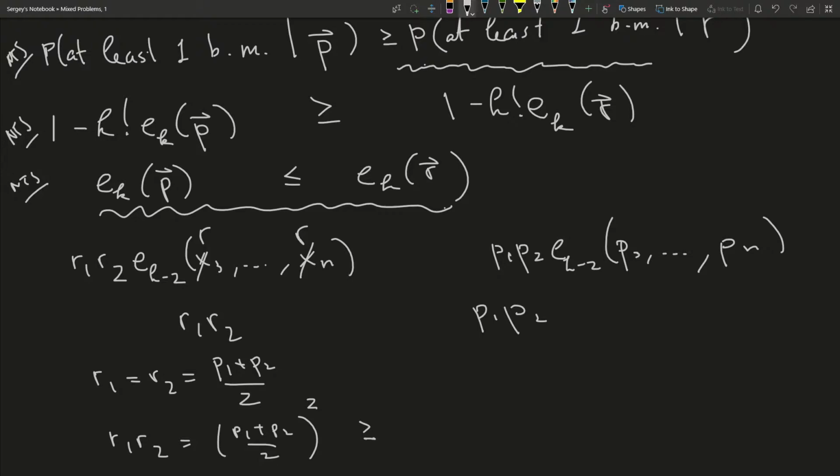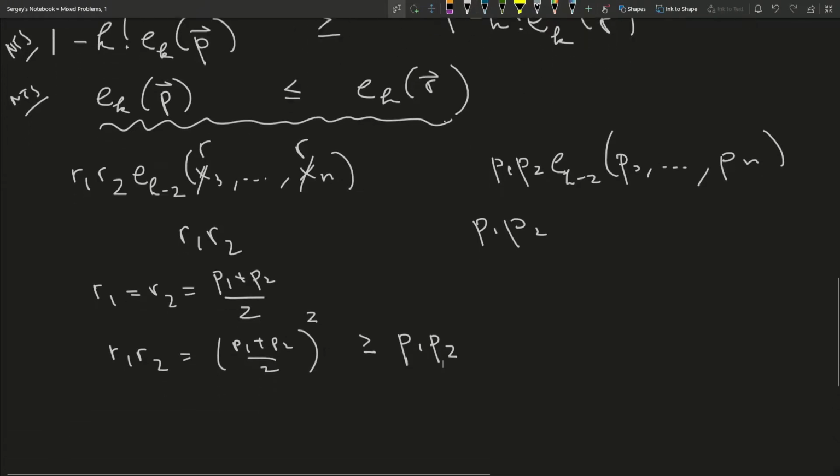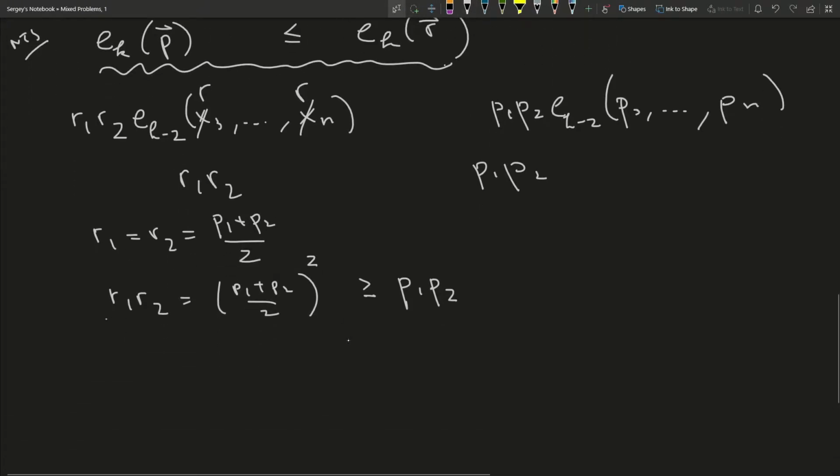But the square of the square root of P1 P2 is just P1 P2. So we see that R1 times R2 is greater or equal to P1 times P2, which implies that the kth